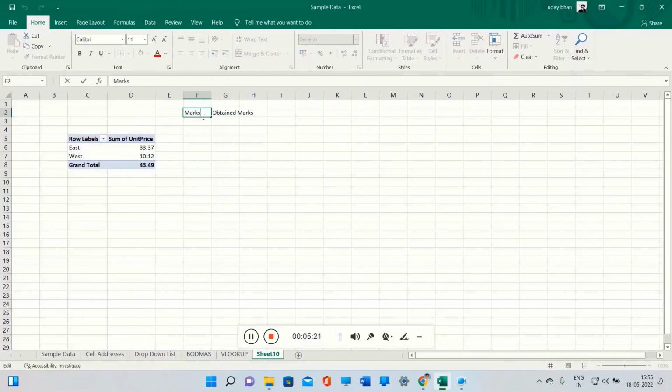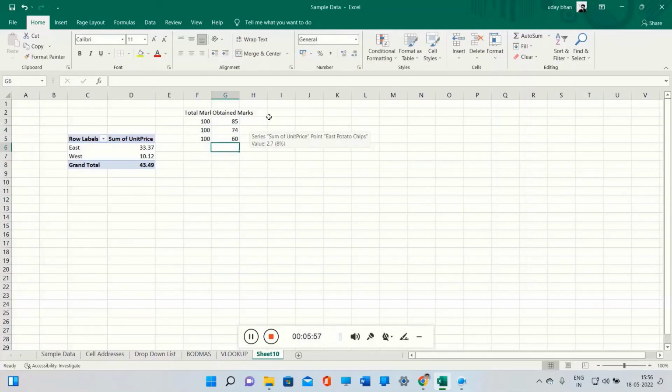So total marks, then obtained marks. This is the total 100. Obtained is 85. This is 100. This is 74. This is 60. So if I have to calculate the percentage,